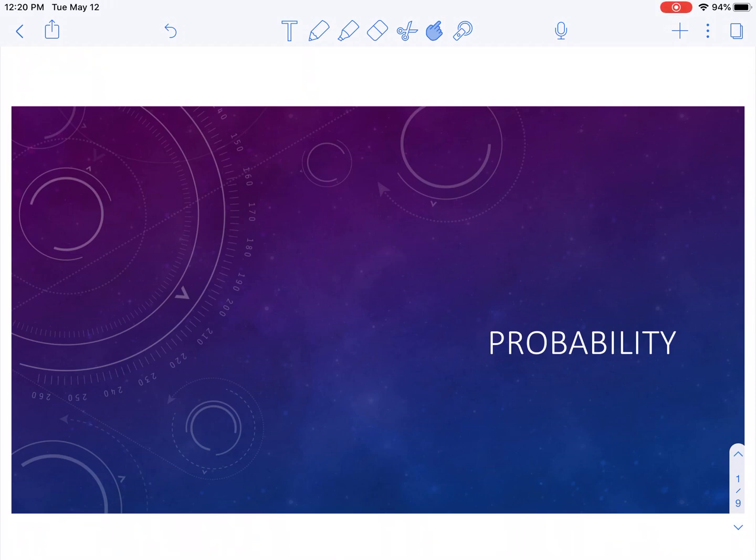Hi. Our last unit that we're going to do this year is going to be on probability and statistics. So we're going to do a brief unit on that before we end the year. So the first one is just kind of refreshing your memory on probability. So hopefully a good chunk of this is review, but